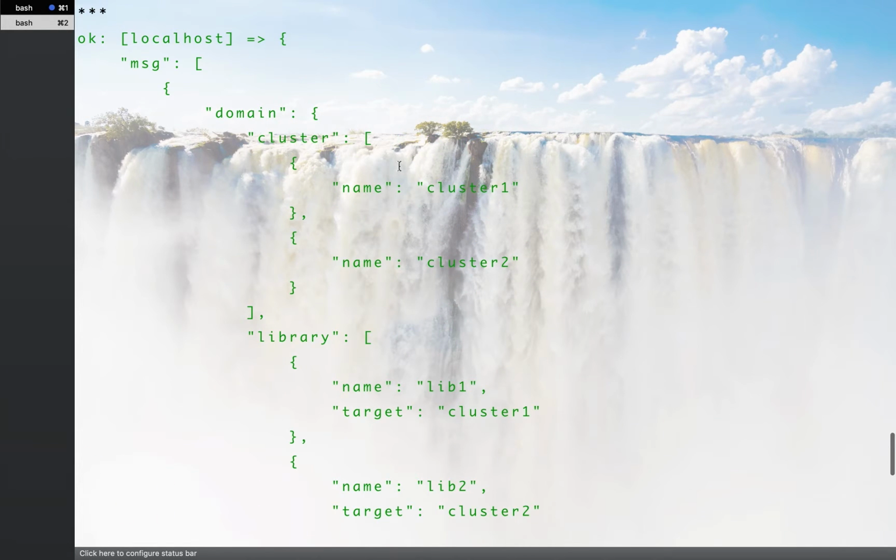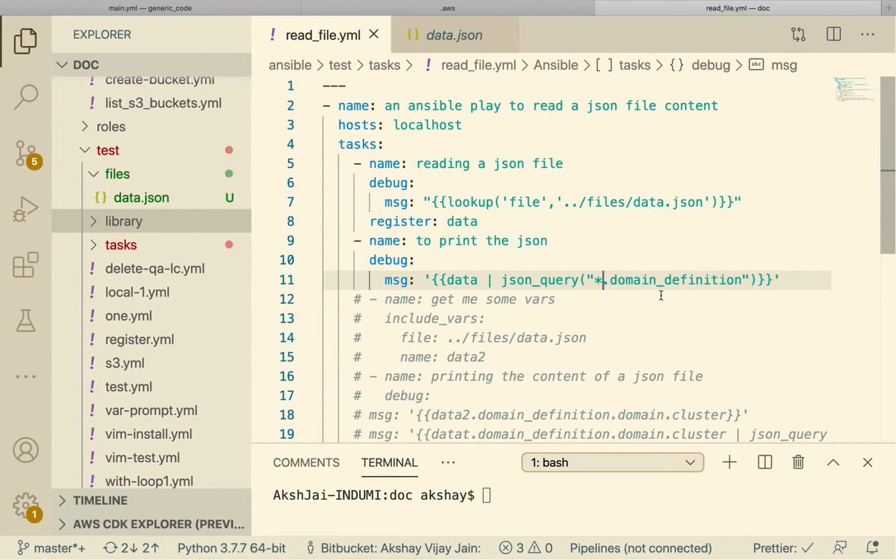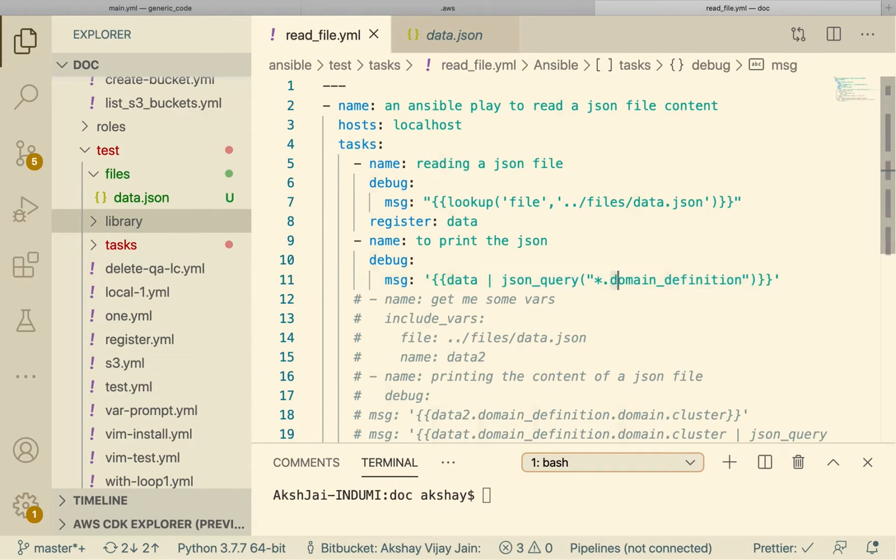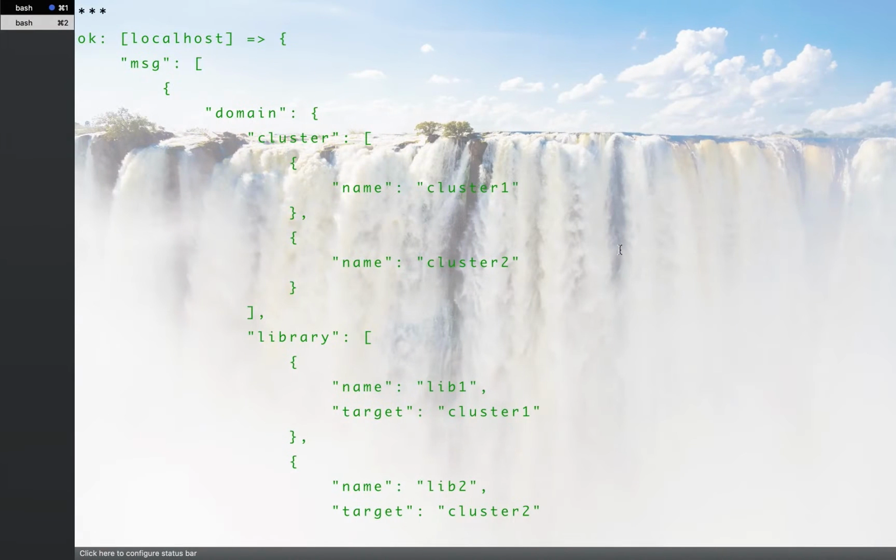How did we get the domain definition? By using star.domain_definition. Whatever object comes, we have to consider that object as star, and we have to get the property domain_definition. Suppose we want to get just the property cluster, then what will we do? We'll just type star.cluster. So wherever there is a cluster property, we will get that cluster. Okay, let's try that.